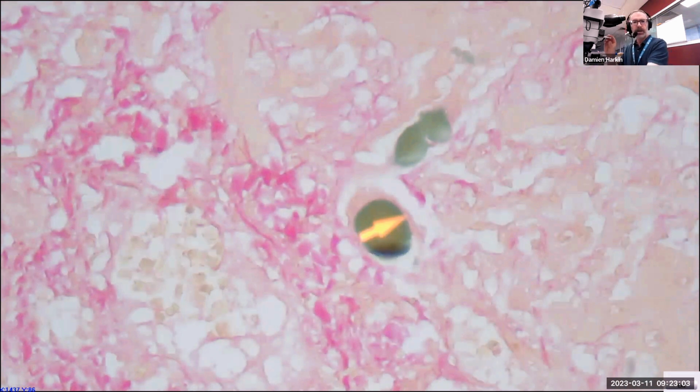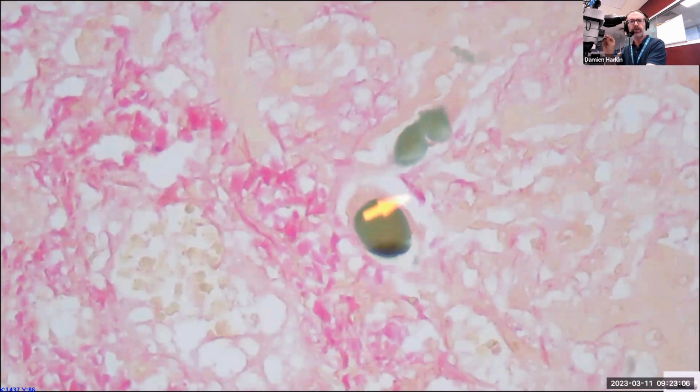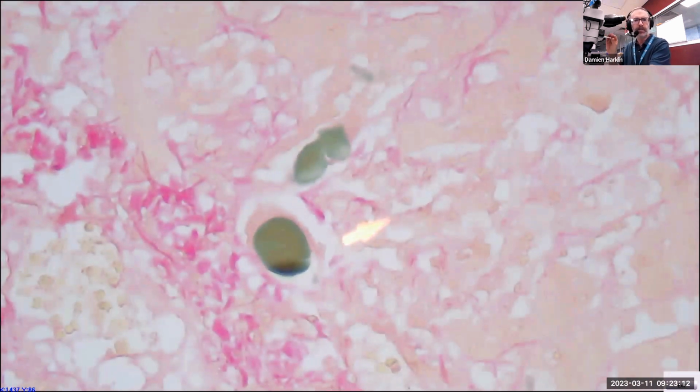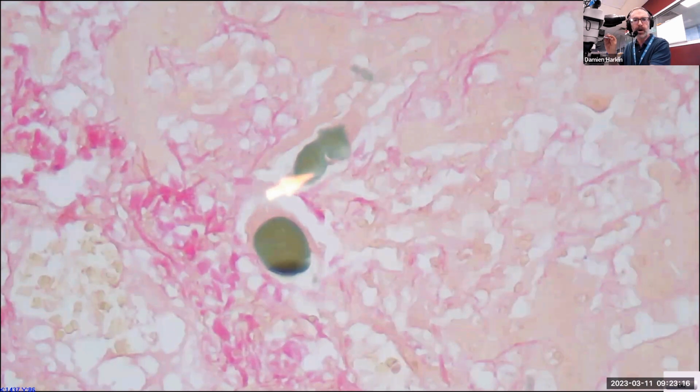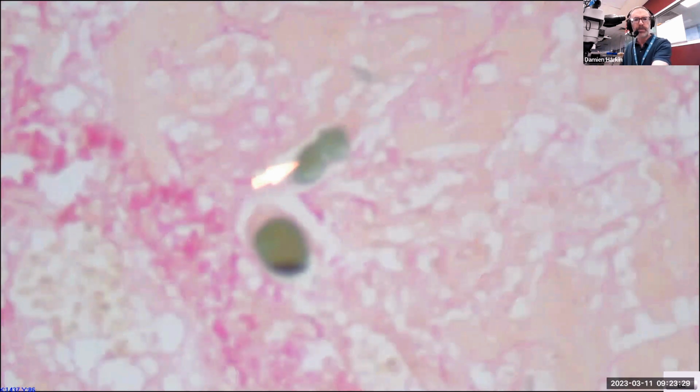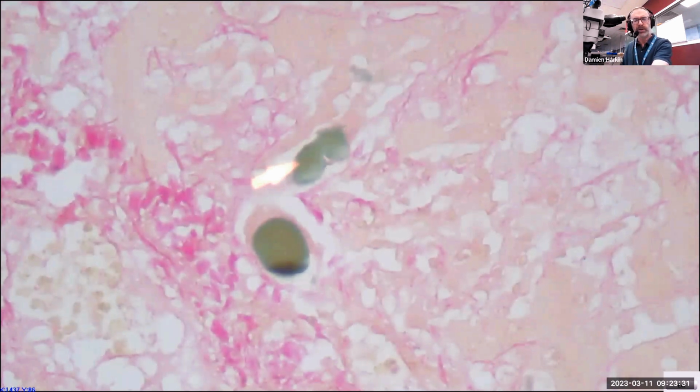But here we can see in this area here, we've got this beautiful, vibrant green color. And this has been created by oxidizing the bile pigment, which was previously in this section, and appearing quite a yellow-brown color. And we saw that in the previous video. So if you want to go back, you're welcome to go and have a look at that. But yeah, what we're actually doing here is that,